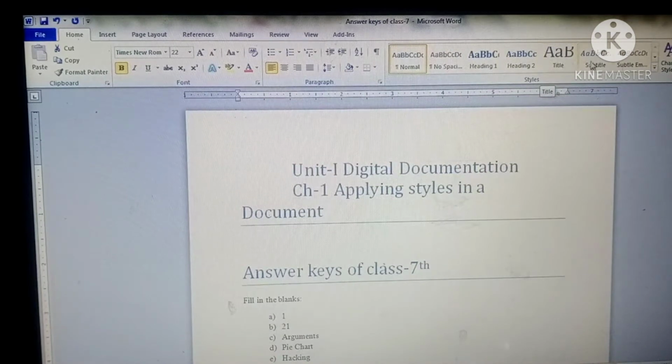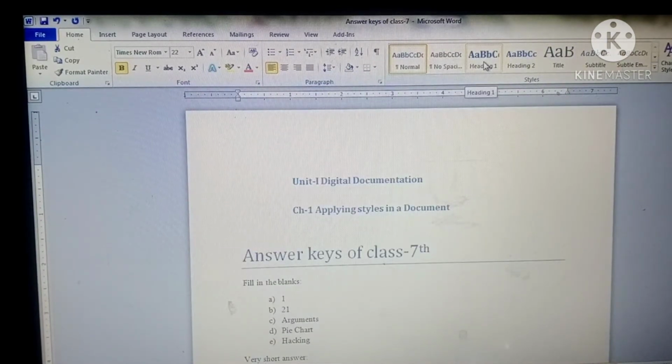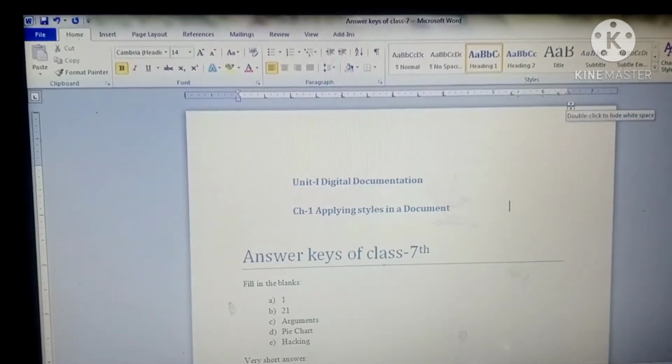I am not using Title, I am using Subtitle, No Spacing, yes, Heading 1. I have chosen this Heading 1, and whenever I click on it, that selected text is changed according to Heading 1. This is one method to apply the style, and the second method to apply the style is that you have to click on this.